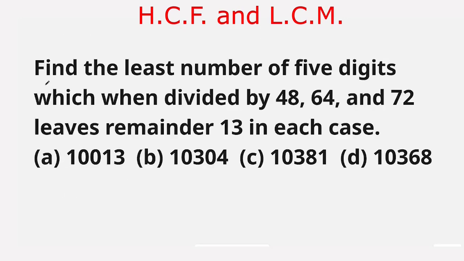Our question is, find the least number of 5 digits which when divided by 48, 64 and 72 leaves remainder 13 in each case. The given options are option A, 10,013, option B, 10,304, option C, 10,381, option D,